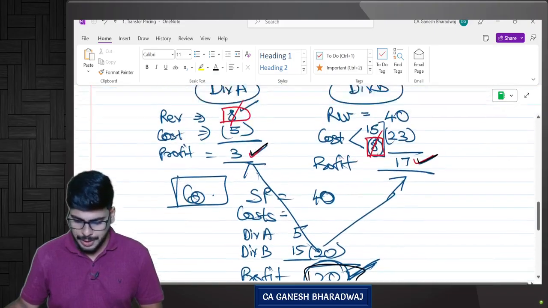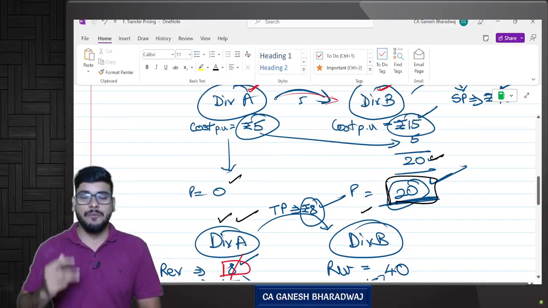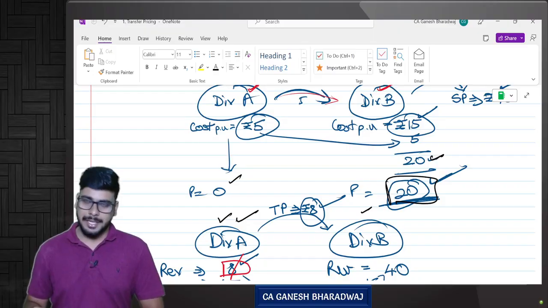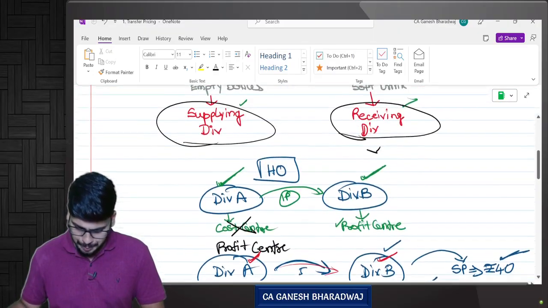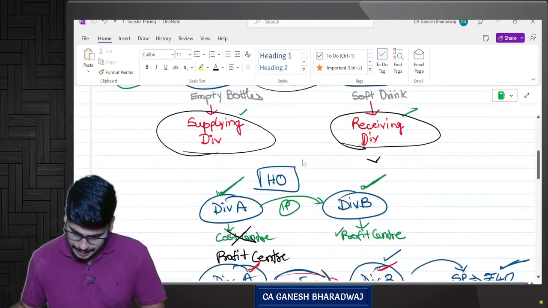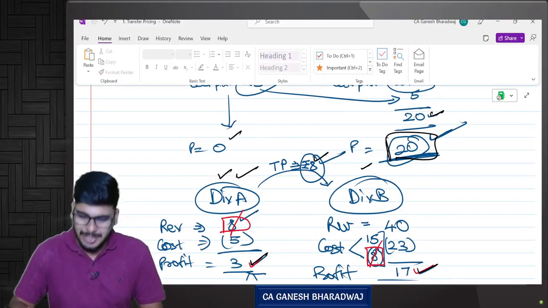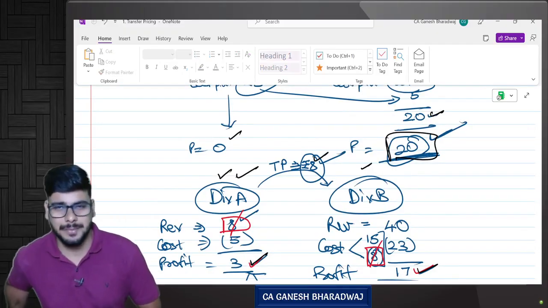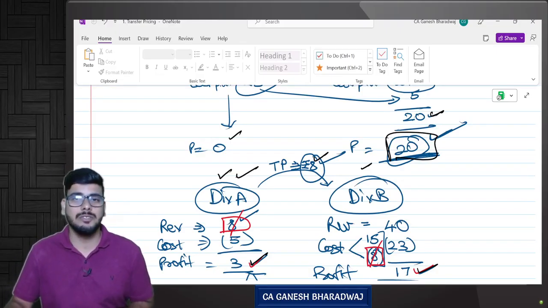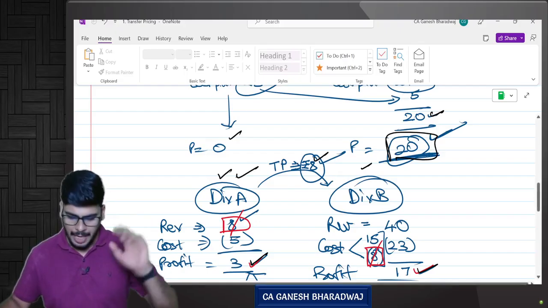Now, one more thing that you need to understand. There is one very important rule for transfer pricing to work. This is a very fundamental understanding that you need to have. Now, here, the transfer price I told you was 8 rupees, correct? I just told you it's 8 rupees. Fine. Now, fixing a transfer price is generally a very difficult task. Why, sir, is it a difficult task? I will tell you why.